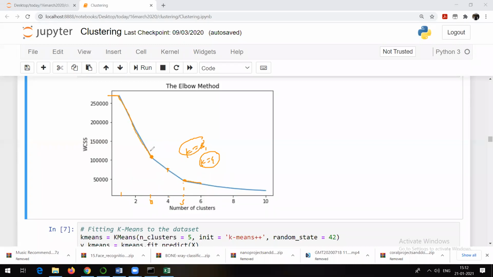So here the change after this point, basically after k equal to 5, we can check the change is not that steep, or it is not that rapid. So yes, you can go for k equal to 5 or maybe 4 also, but 5 looks better. That's why we will go for k equal to 5, right? So that is how the elbow method is going to help us decide the value of k. You can check on the x-axis we have the number of clusters. On the y-axis we have the within cluster sum of squares, and that is nothing but the elbow method. Okay, so remember this inertia or WCSS is one and the same.